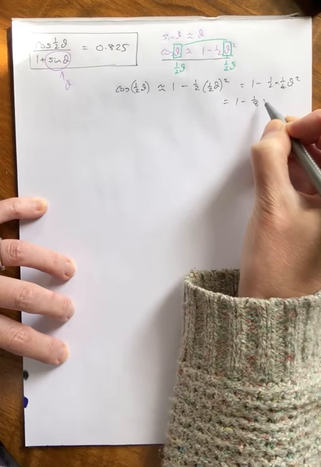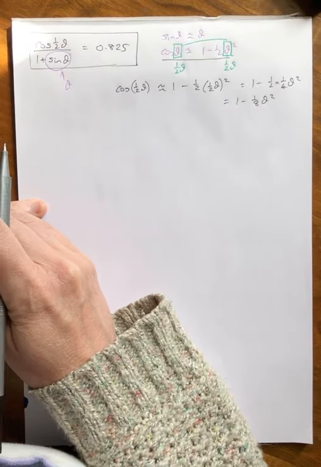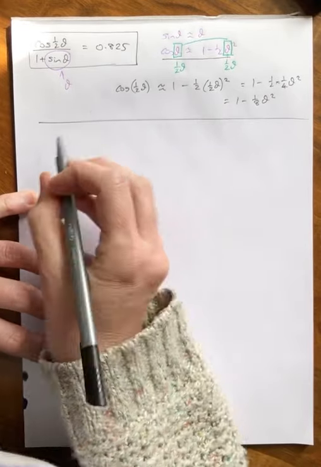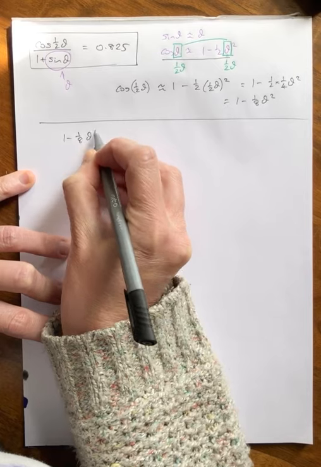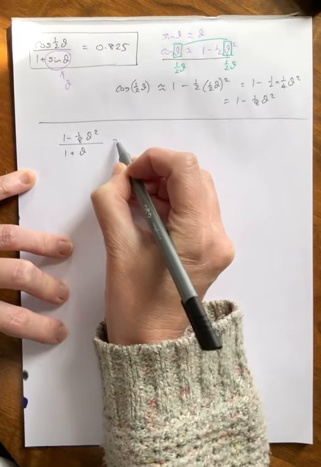So the numerator is actually going to be 1 minus an eighth theta squared. So what we are asked to find has now been changed into this, equal to